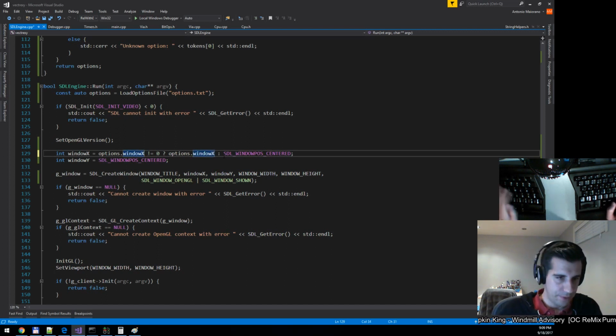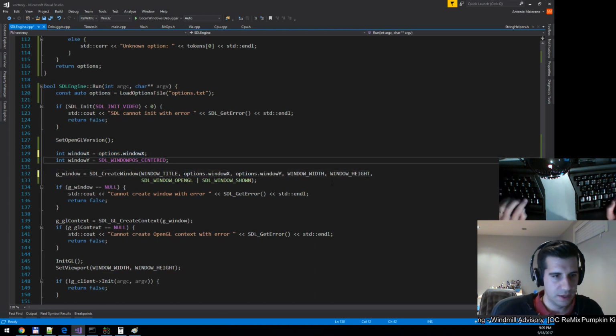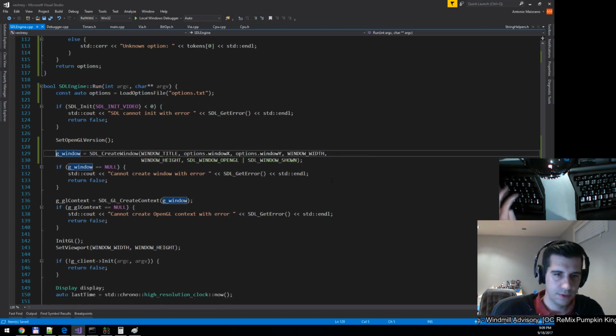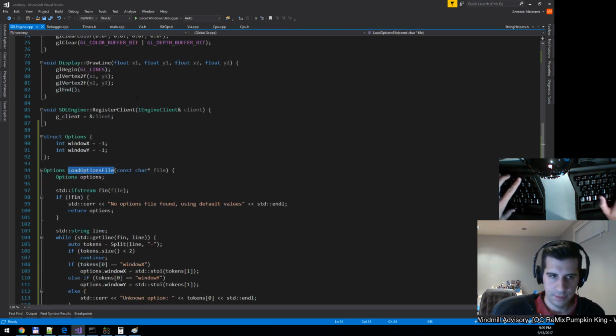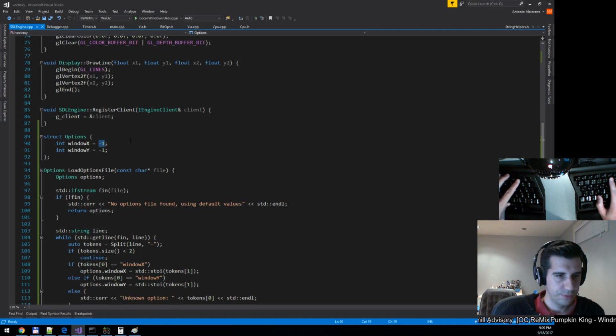So you know what? This is what we'll do. We'll just use the option as is. And if you don't specify it in the file, that means centered. Just keep it simple. Because in any case, this shouldn't be -1 then. Unless